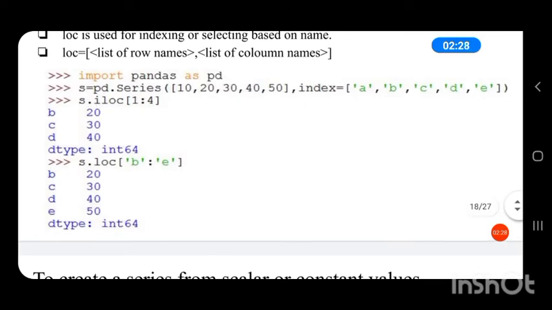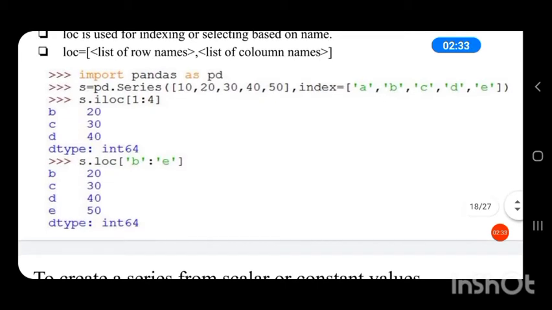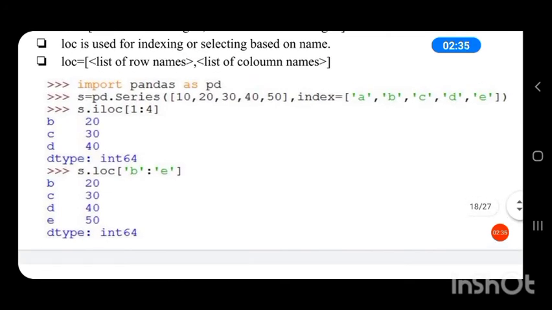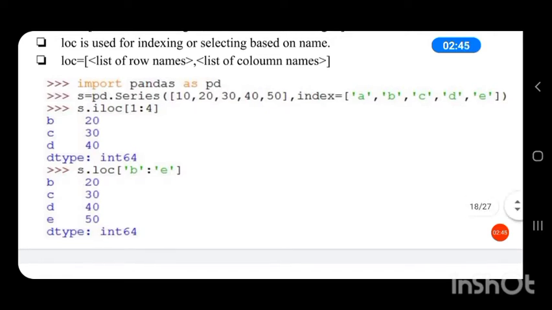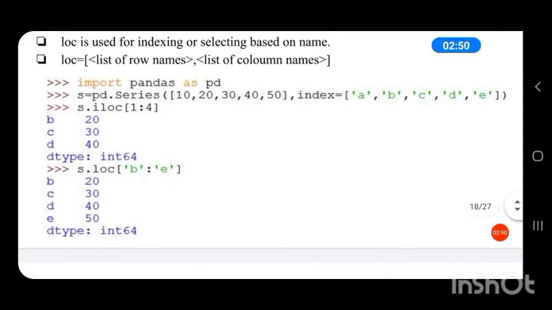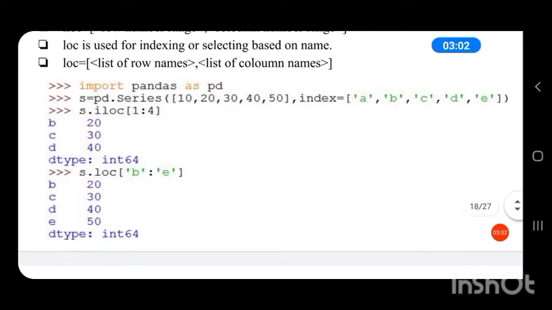Here we have taken the slice 1 colon 4, that is the starting position is 1 and the ending position is 4, so we take the slice from 1 to 4 minus 1, that is 1 to 3. So all the data from position 1 to 3 will be selected. The indices B, C, D and its corresponding values 20, 30 and 40 are selected.